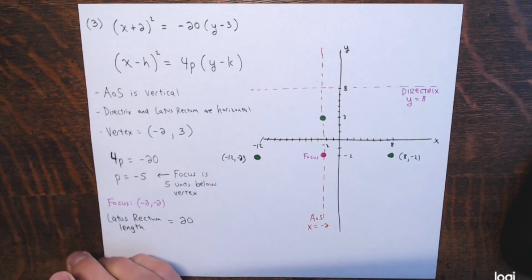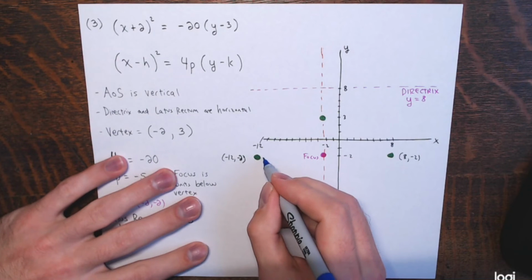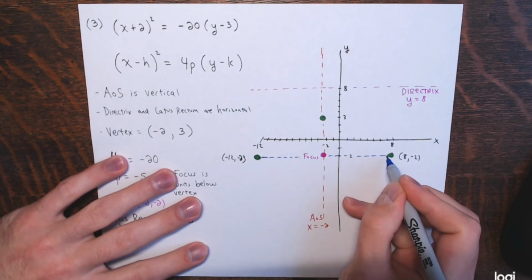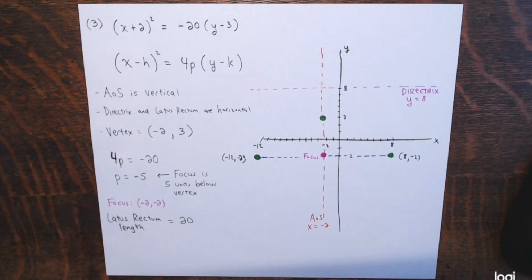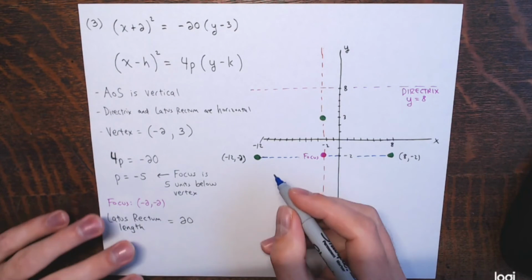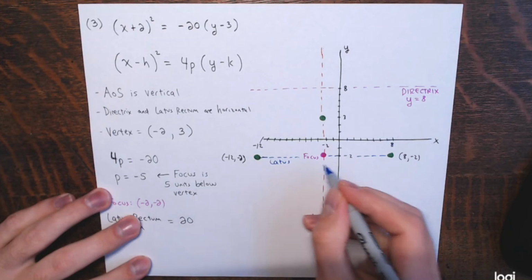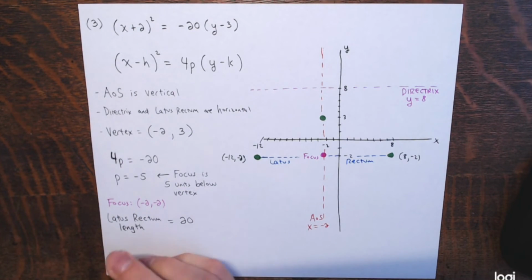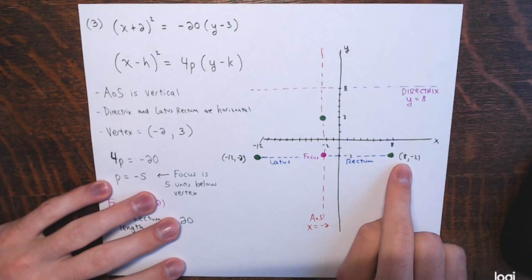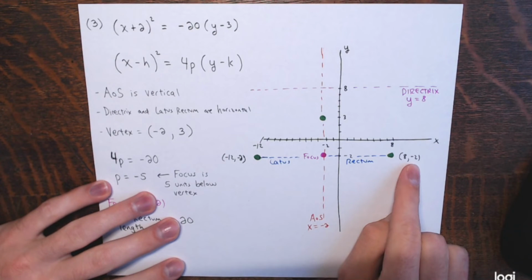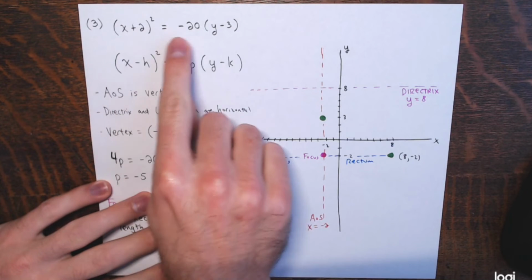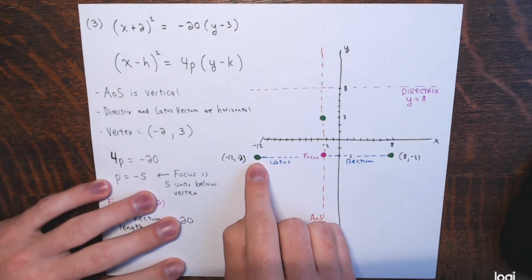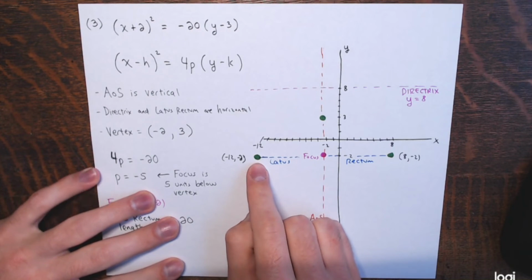And here's the latus rectum, right? This segment, starting from one point, going through the focus to the other point, and parallel to the directrix. That's the latus rectum. And again, check it out. Plug in 8 for x and -2 for y, and you would get 100 equals 100, which is true. And the same thing if you plugged in -12 for x and -2 for y, you'd have 100 equals